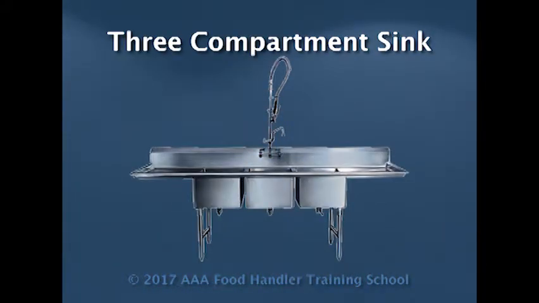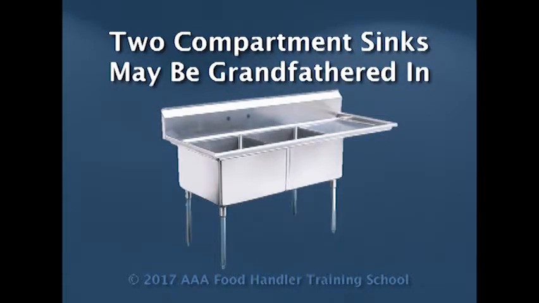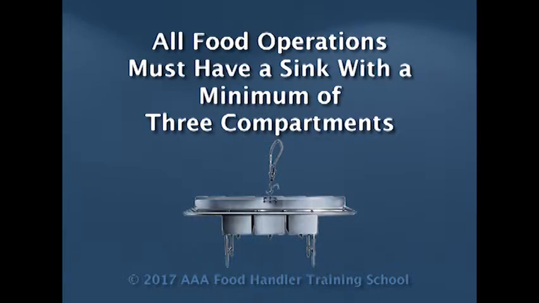Now let's talk about heat sanitizing in a manual system. In a manual system, we have a 3-compartment sink. If we have a really old operation that's been in business, say 30 or 40 years, you may have a 2-compartment sink, because originally health departments allowed the use of two-compartment sinks. In the last couple decades, it has been a requirement for all food operations to have a minimum of a 3-compartment sink. So they may have allowed you to be grandfathered in because of the previous laws.